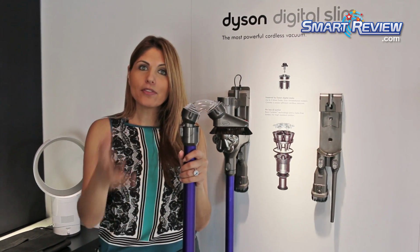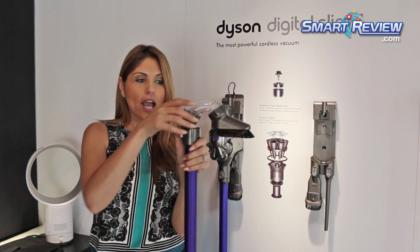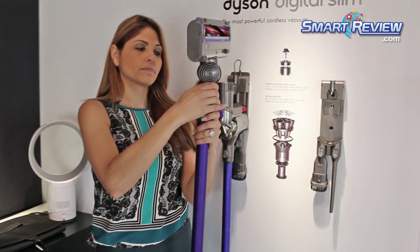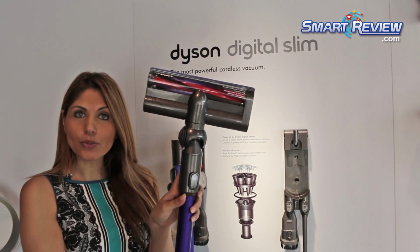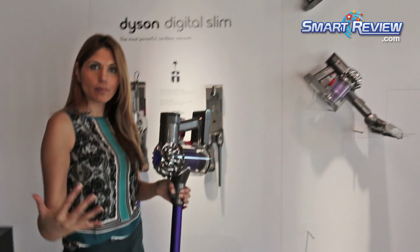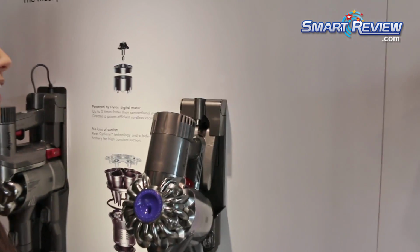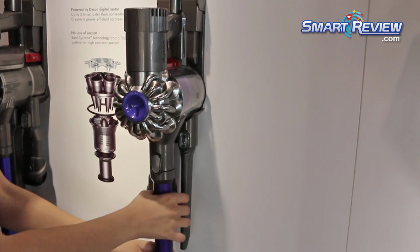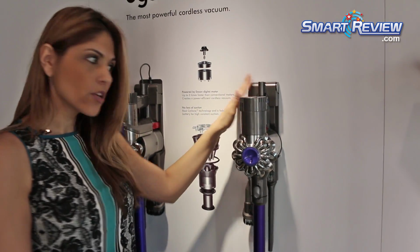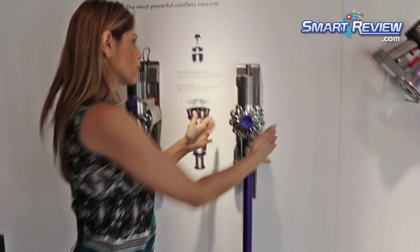Now again, we talked about this being able to really have interchangeable parts and pieces and components. So as we take this apart, we can simply lock on that cleaner head back onto the base of the machine. And then this machine will also come with a docking station. Now we think this is important because it just makes it that much easier for you in your home to always keep it nice and charged. So this is how it will come. You can hang it on your wall. It's just two very simple screws. And then right onto the docking station, two of the tools will fit onto it, so that way they're always